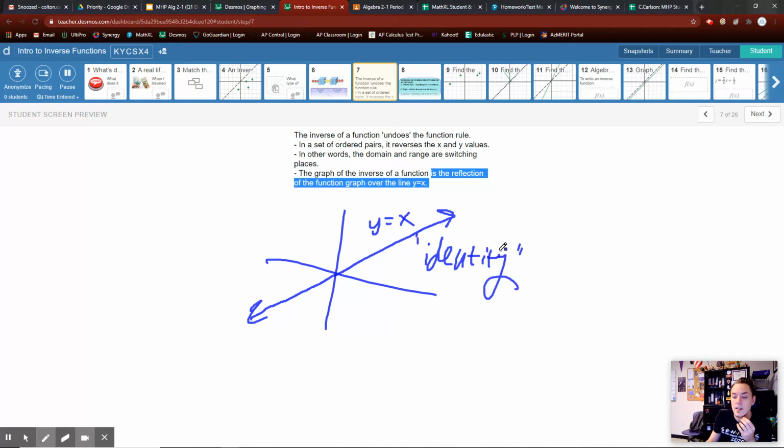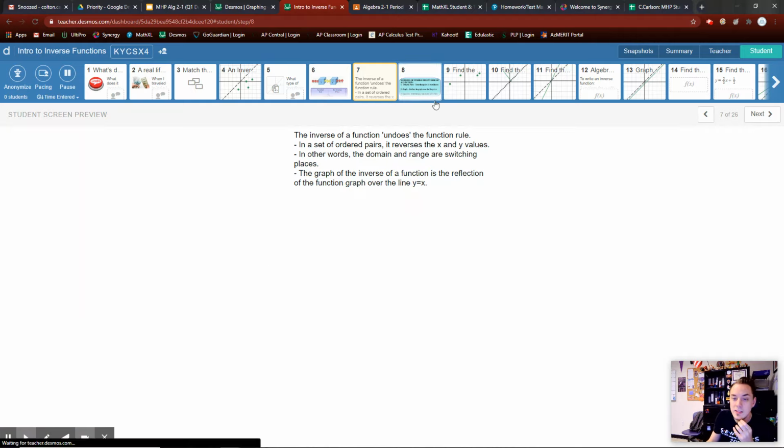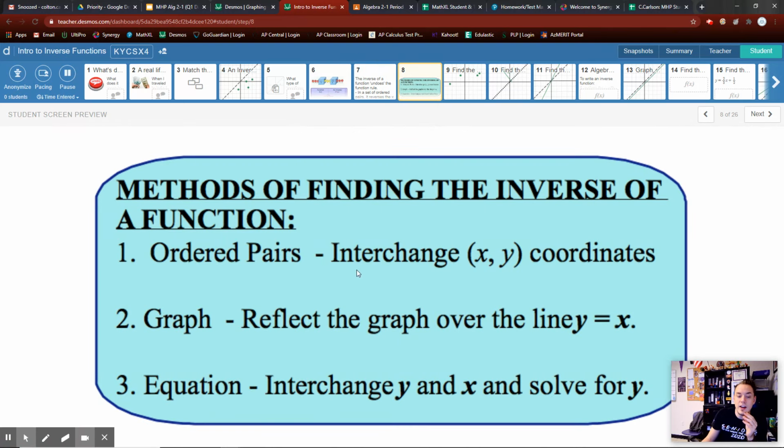Okay? This is what we call the identity line. All right. Identity line. Let's get started. Now, the methods of finding inverse. First, if it's an ordered pair, interchange the y and x coordinates. Second, if it's a graph, reflect over the line of y equals x, which we're going to do both. And then third, we're going to find an equation and actually interchange the domain and range, the y and the